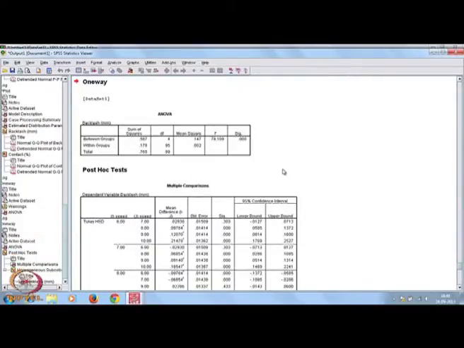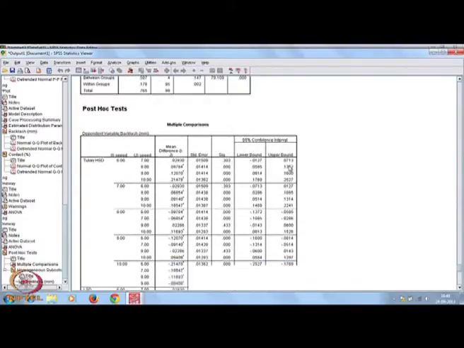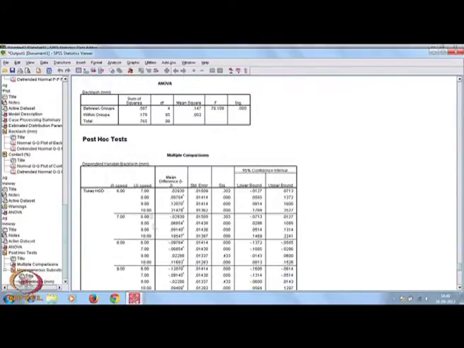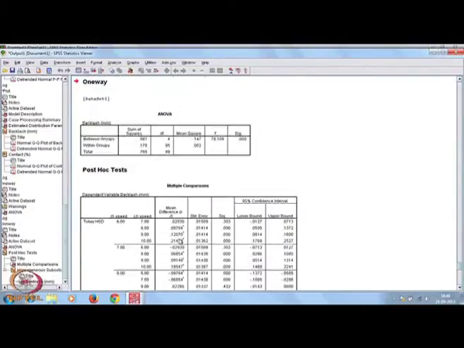Because here a larger number of levels are there, 6, 7, 8, 9, 10, 5 levels are there, and you are testing with the ANOVA table whether, if your speed is at level 6 or level 7 or level 8 or up to level 10, there is a difference or not.